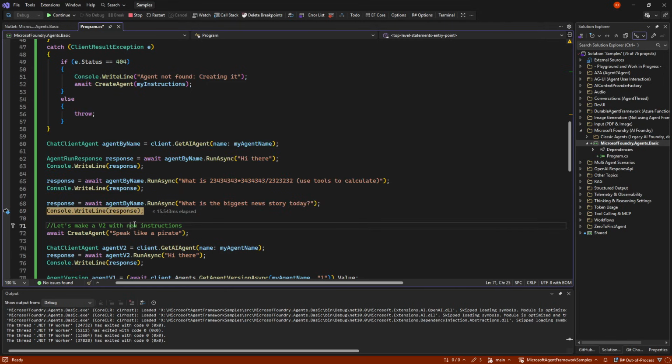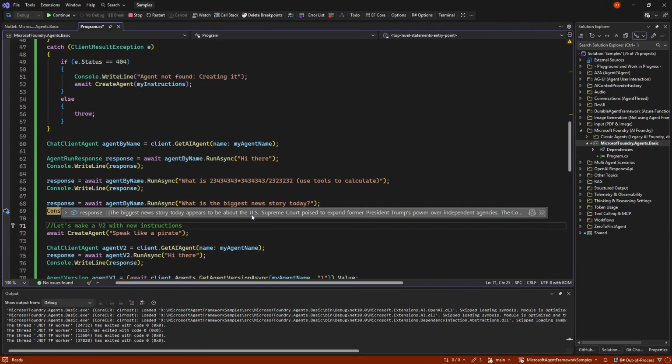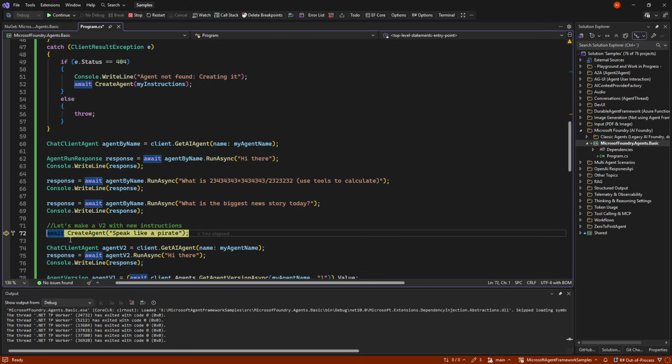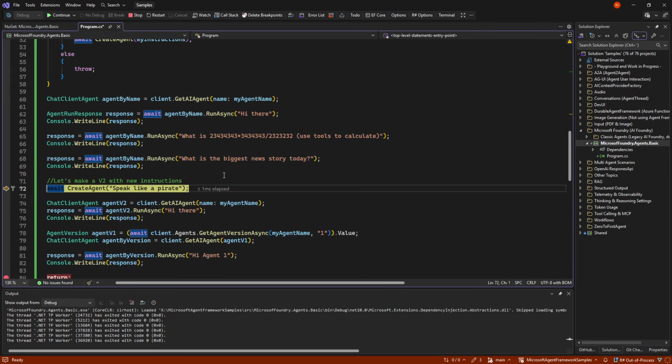So this is behind the scenes using Bing now, but in the past you needed to make a Bing account and stuff. Now they just say you don't need to do that, but you're still billed for the calls, just like you are for the code interpreter calls. So it will say that it's something about the Supreme Court and President Trump. Don't want to go into politics, so we just leave it like that. So now we have asked it and used its tools, and so far it's sort of okay, except for a few mistakes or limitations.